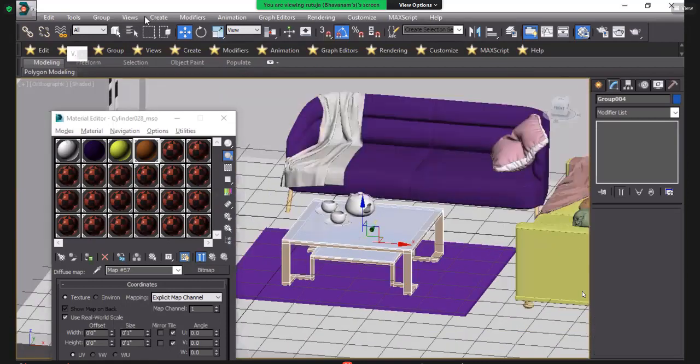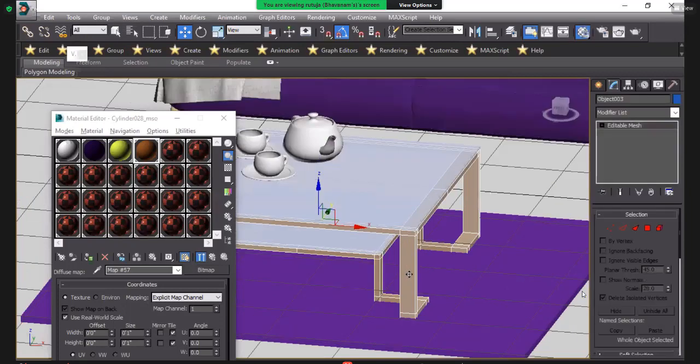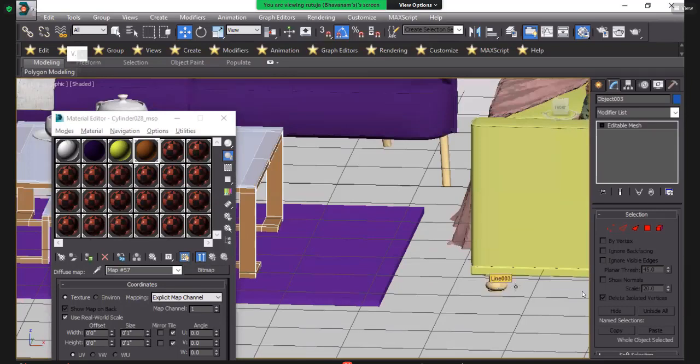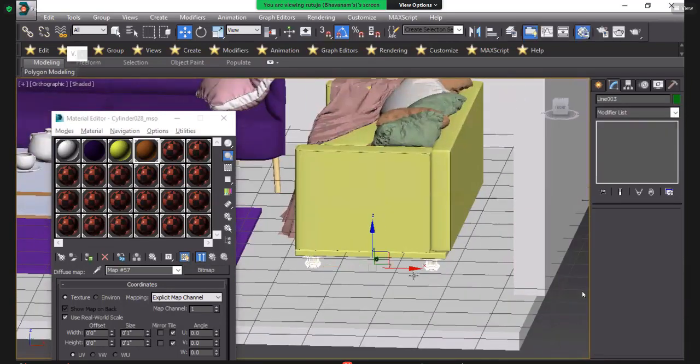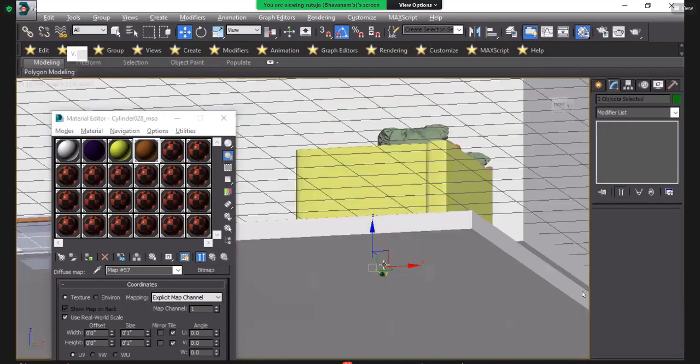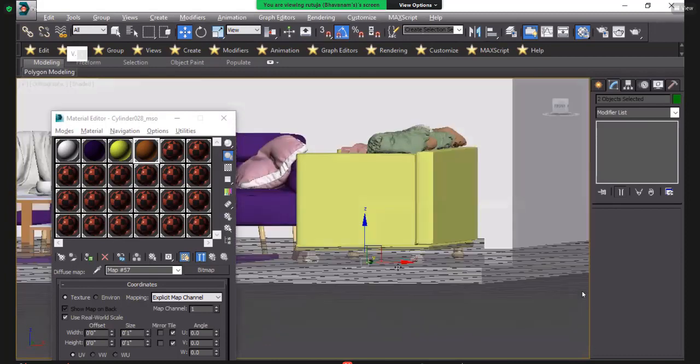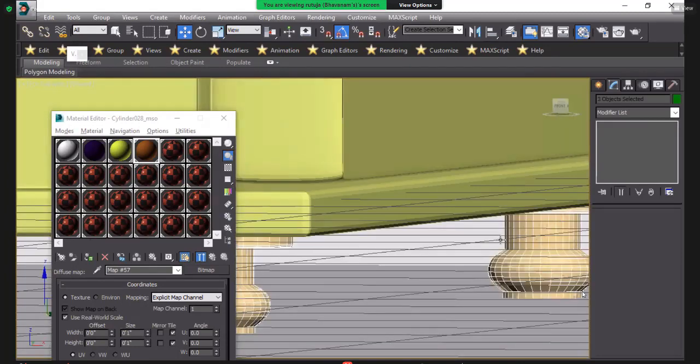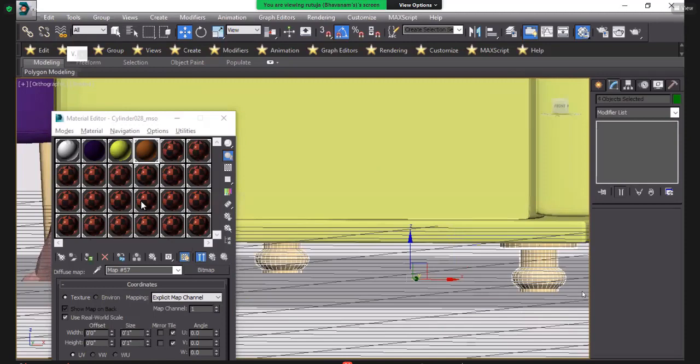I will apply the material here also. Just ungroup it. Select this one. Apply there. And these supports of the sofas I want in wooden.